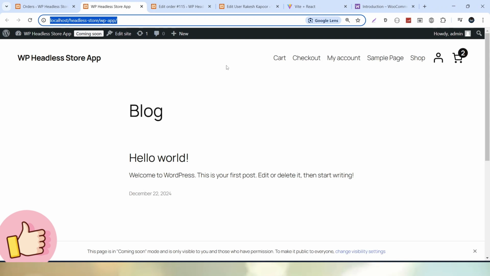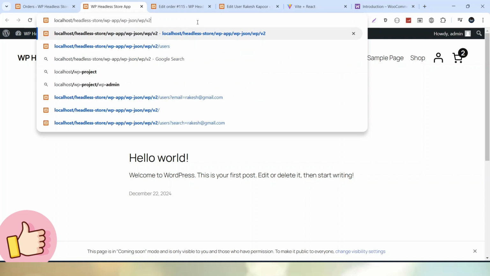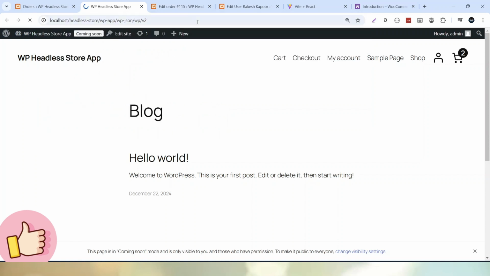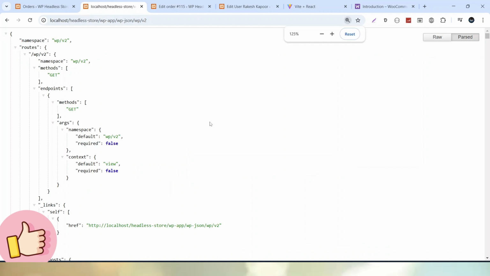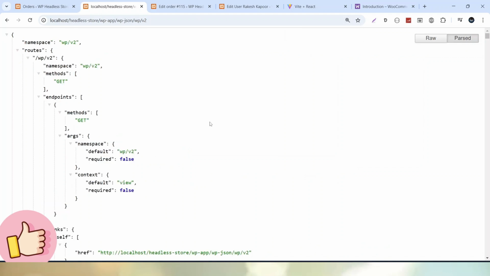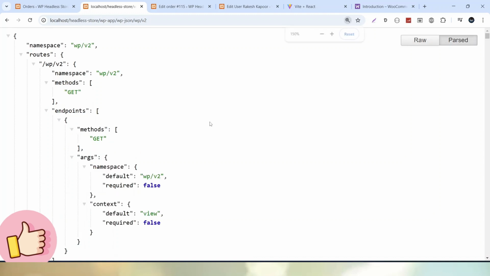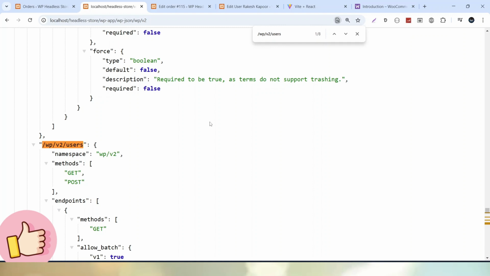first, I will go and analyze an API endpoint that will be helpful to get the user ID. So let's copy this URL, open into a new tab, and here wp-json wp/v2. Remember, we have an API endpoint called users, but in this case, let's type only v2, hit enter, and inside this JSON document, let's do some zoom. And if I search with Control F, /wp/v2/users/,